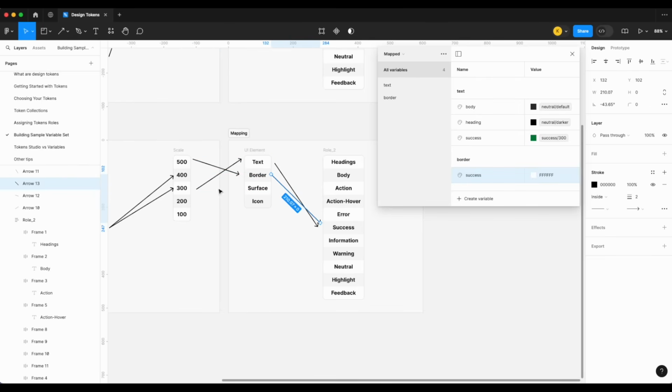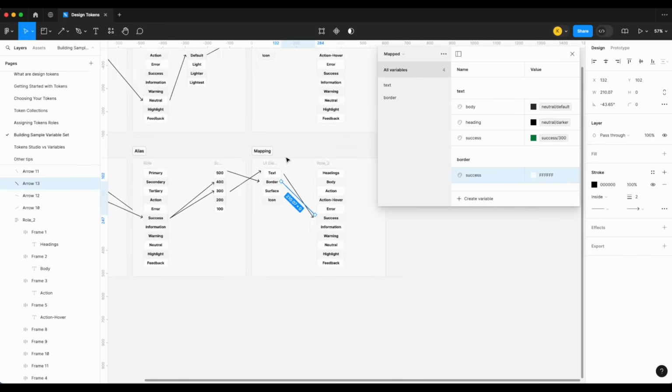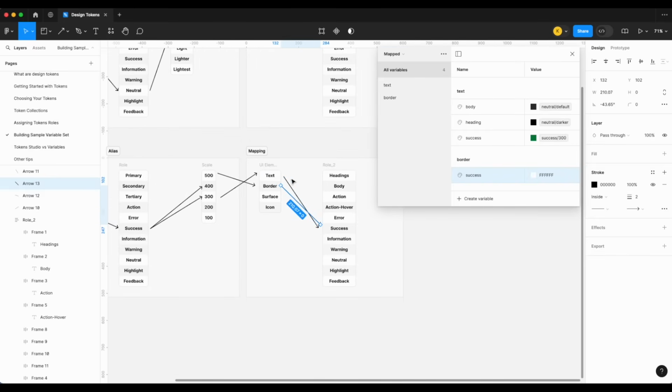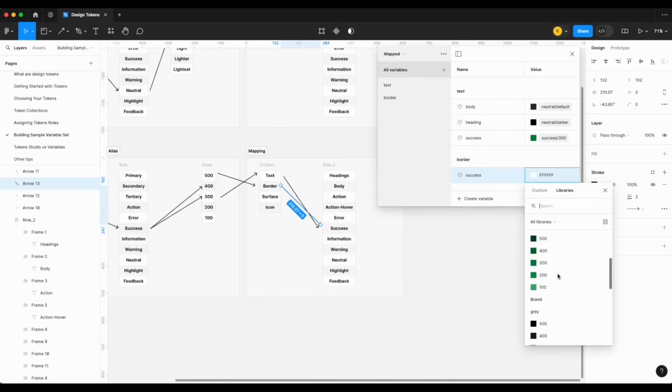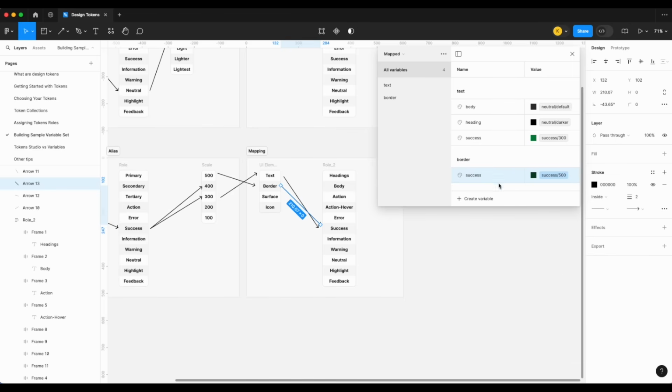So in this case, again, sometimes with the arrows here, it's probably not the best idea. You might want to change the colors a little bit just to give it a little bit of better visualization. And something like Figma would also work really, really well. So again, we want our 500, our success 500, to be our border success. And again, we're going to visualize all of this at the end. Next, let's go